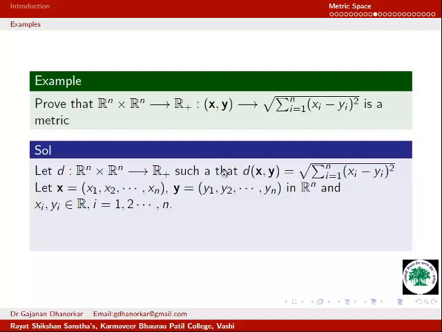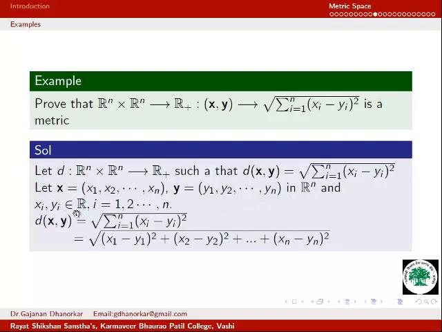Now here we have to show D is a metric. To show D is a metric, we'll go towards our first condition. That means we have to show that D(x,y) is greater than or equal to 0. Now see here, as per our definition, this is an (xi minus yi) square term, and we know that the square of any number is always non-negative here because this is a real number. All these xi and yi are real numbers. Therefore, the square of a real number is always non-negative, and if we take the square root of this non-negative number, it is again non-negative. Therefore, surely and clearly we can say that D(x,y) is greater than or equal to 0.